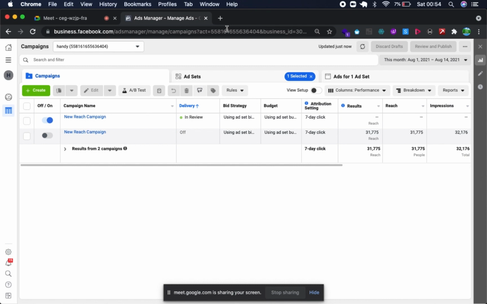So already you see that the ad here is in review, and so this is the ad going through review. So after